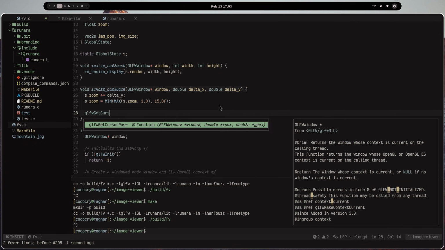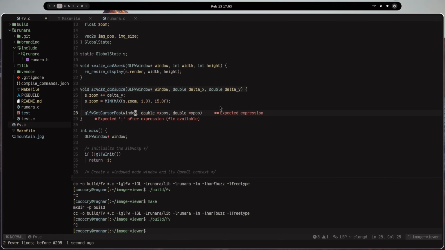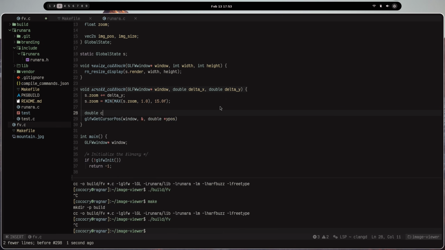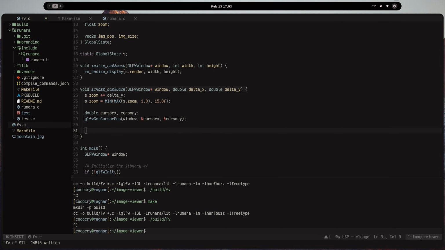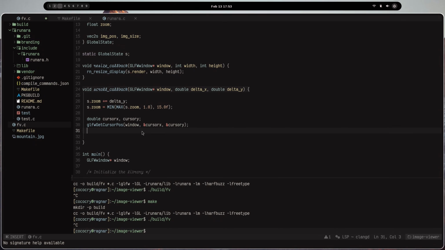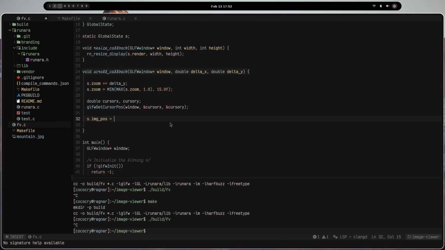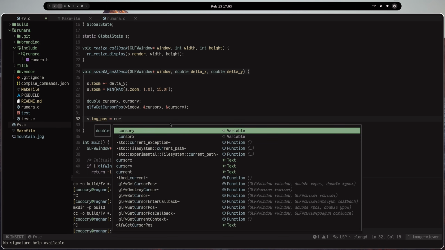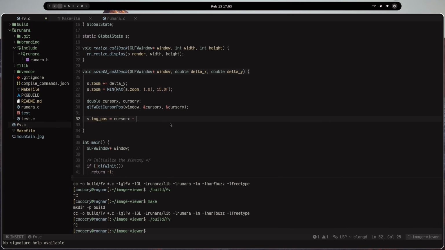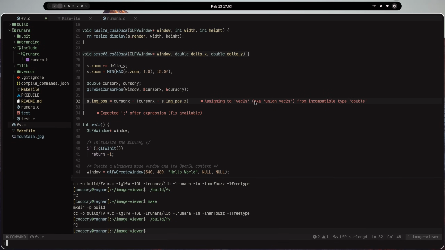So how do we get the cursor position? We want cursor pos of window, and we have cursor x, cursor y, like this. Okay, and to actually offset the image pos correctly, we will have to do something like image pos x is equal to cursor x minus (cursor x minus s.imagepos x), and we kind of are on x here, and then this times like the factor